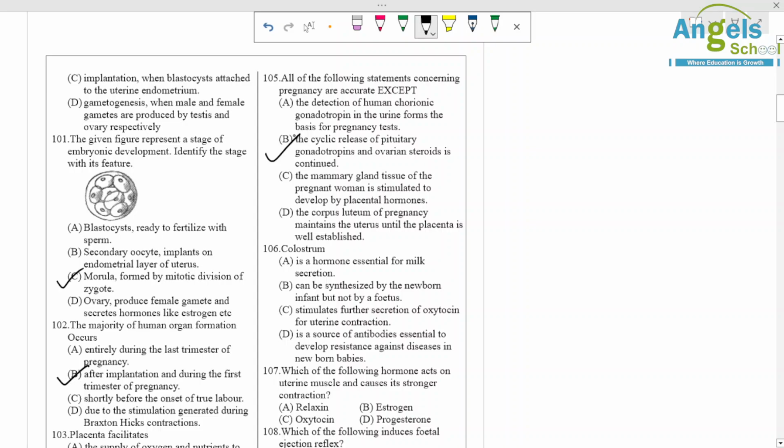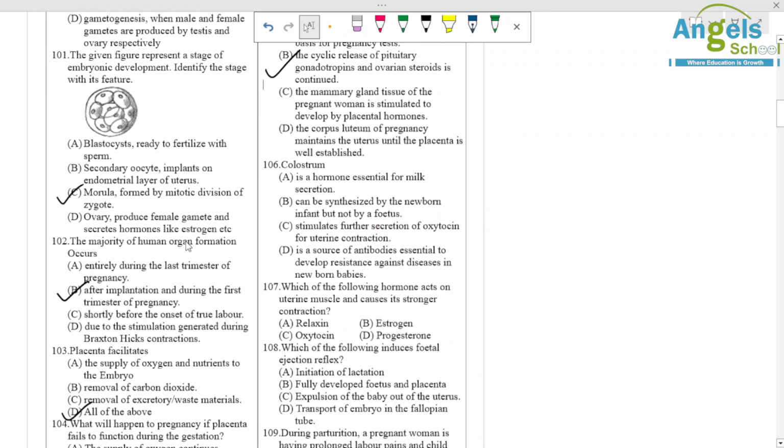It means this does not happen in pregnancy. Mammary gland tissue of pregnant woman is stimulated to develop by a placental hormone, so this will also happen. The corpus luteum of pregnancy maintains the uterus until placenta is well established, so this will not happen. So only the second option, B, is the answer. Pituitary gonadotropins will not continue, they will stop. Okay,